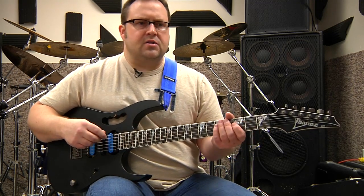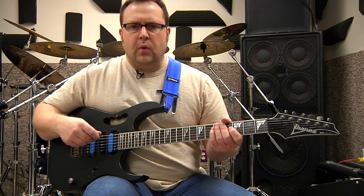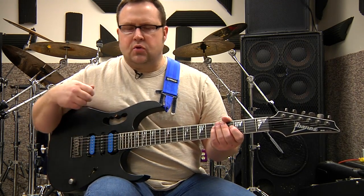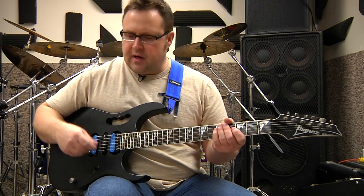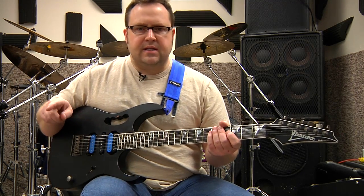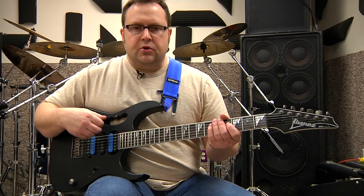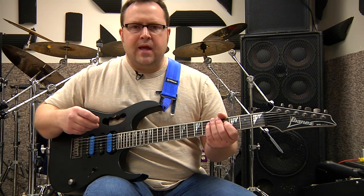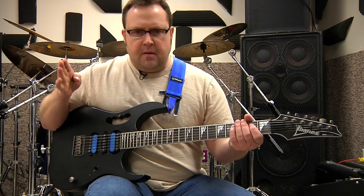Now, when you look in books and when you look on tab online and things like that, they're going to talk about strums as in downs and ups. There's only a couple of directions you can go there, down and up. So when you see it listed on a tab, it's going to be a D for down or a U for up. So when you're strumming, you want to make your Ds and your Us happen within the measure,